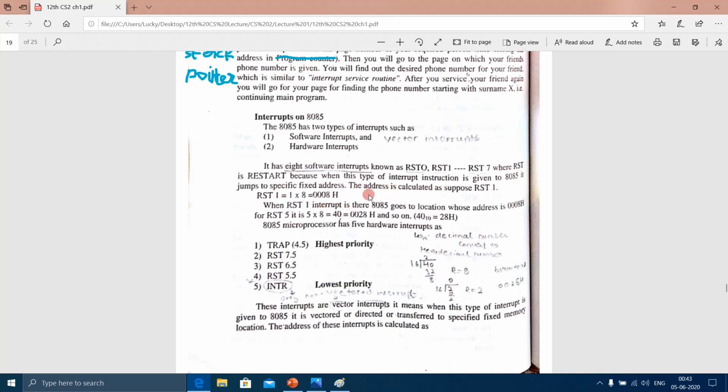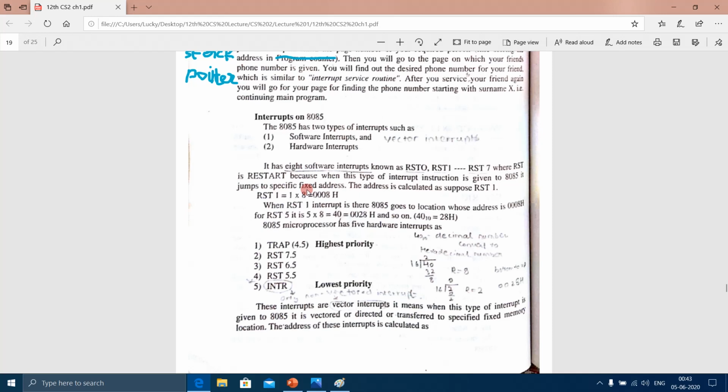So let's read this. The address is calculated as, suppose RST1 is equal to 1 into 8, so the decimal value which we will get will be 8, and the decimal value 8, when converted into hexadecimal, is also 8.